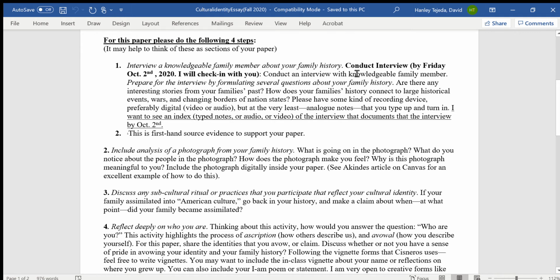So to conduct an interview with a family member, and I know this can be difficult, but any family member will do if you have access to them and they know a little bit about your family history. And even if they don't know about your family history, that can also be interesting. So kind of like talking about some of the roadblocks to knowing your family history, and that's also fine. There's like a trick in journalism: sometimes the story is how the story can be difficult, and so that's fine.